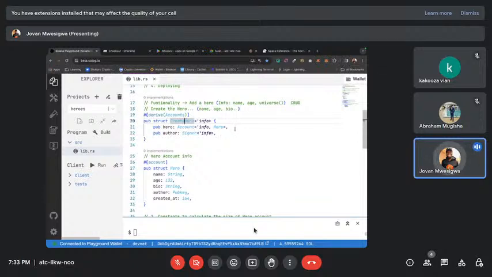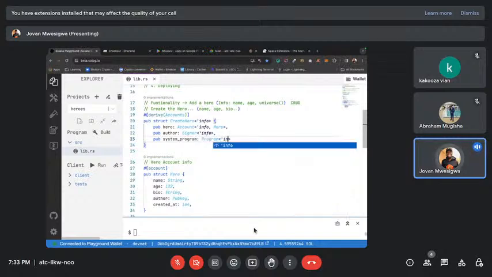So the moment we have the author, Anchor requires you to have another required field, which is called the system program. It's required for you to add it with Anchor. What the system program does is allow Anchor to access and do the mutations and all of that stuff. So it has to be there in this structure. So I'll come and write it: it's under the programs class with the same lifetime. You guessed it right, and then it is of a system